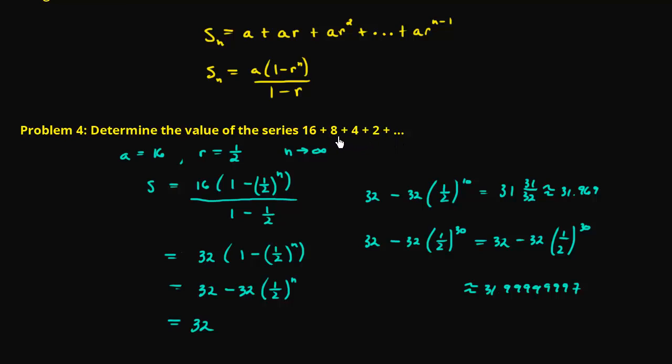But because the next consecutive term in the sequence is smaller than the last, and I have this common ratio of 1/2, this series actually approaches some constant value as I add in more and more terms. So that's really interesting, that we can actually sum an infinite number of terms when the common ratio is between 0 and 1. And we're actually going to come up with a formula for an infinite geometric sequence